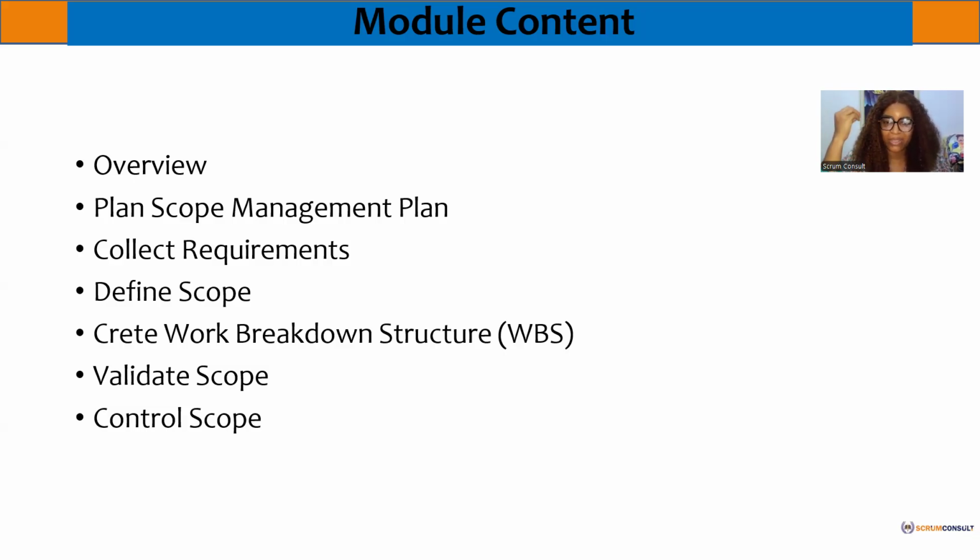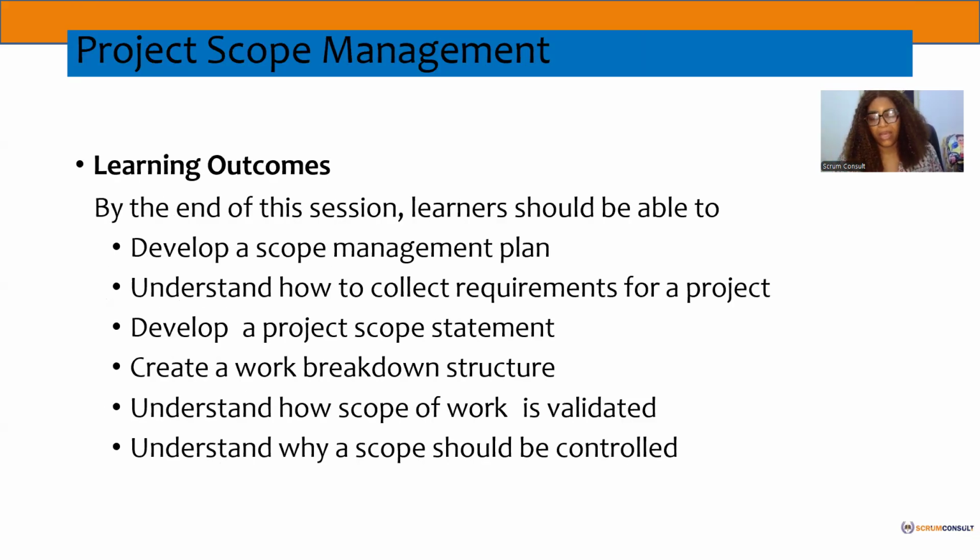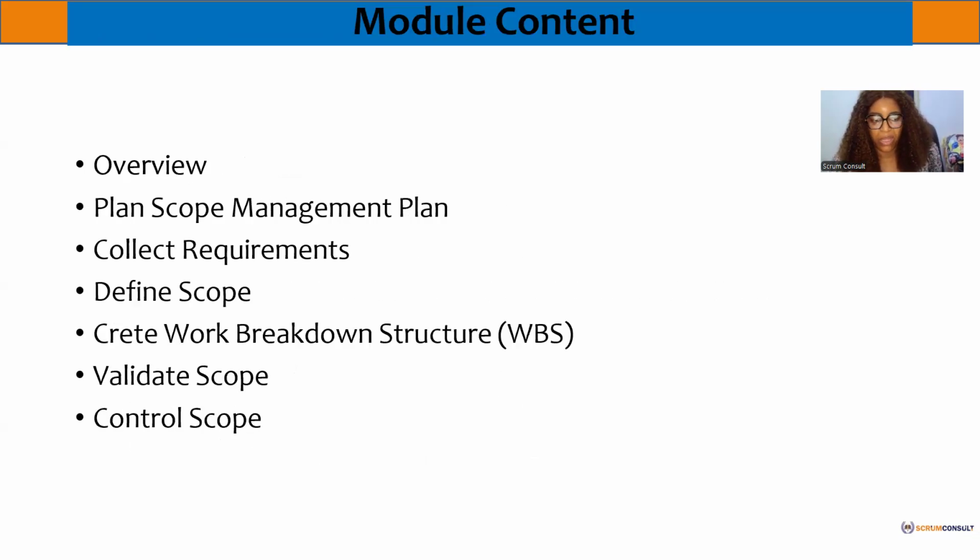And during that time, you start controlling to make sure that the work that is created actually meets the need of the stakeholders, okay? So that's what we have in these 3 phases, and that's the 6 processes, and that's what we'll do today. Learning outcome: at the end of this, we believe that we should be able to understand how to create a project scope.